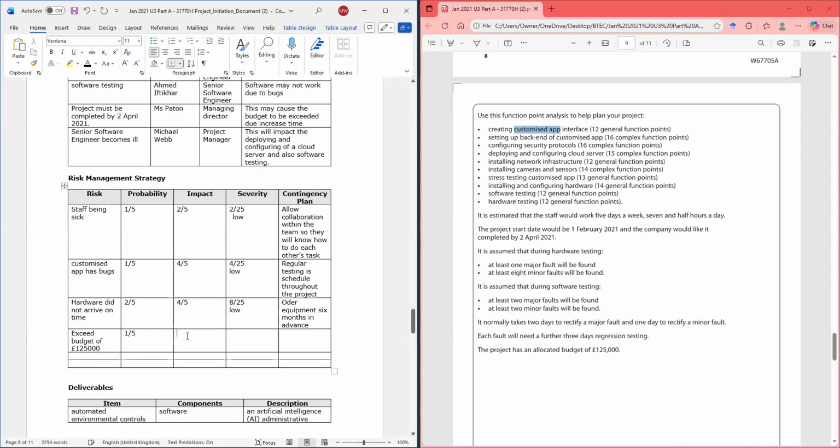And I'm going to put this as 2 of 5 as the impact. So I'm going to get 2/25, which is low.